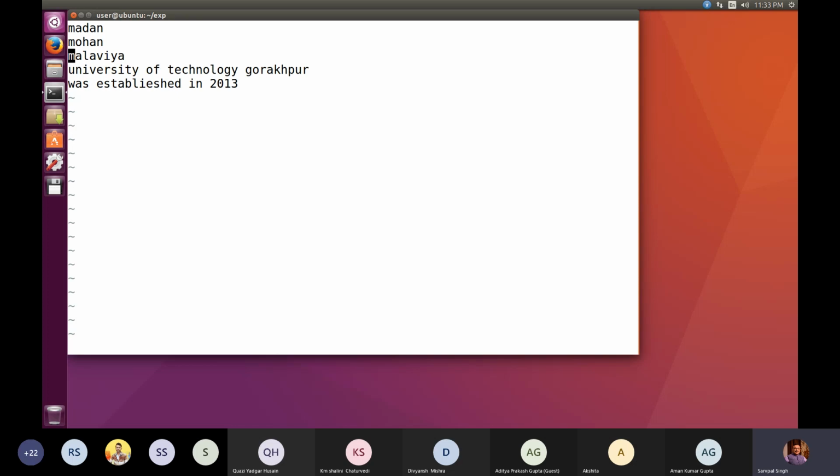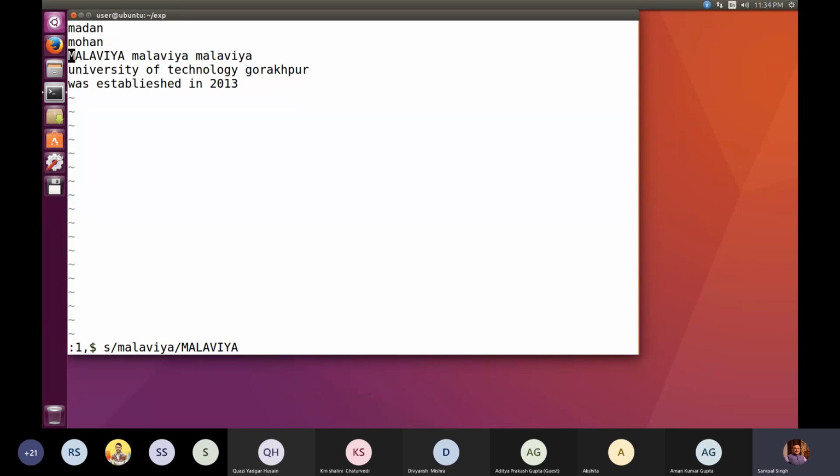But anyways, so I am once again typing Malvia and once again typing Malvia. Okay, I mean 3 times I have typed. So once again I am coming back to the bottom side, giving the searching pattern and searching the pattern Malvia and then replacing it with capital Malvia. तो आप देखिए इससे क्या होता है. Only the first occurrence of Malvia is changed. The remaining Malvia in the same line they were not changed.